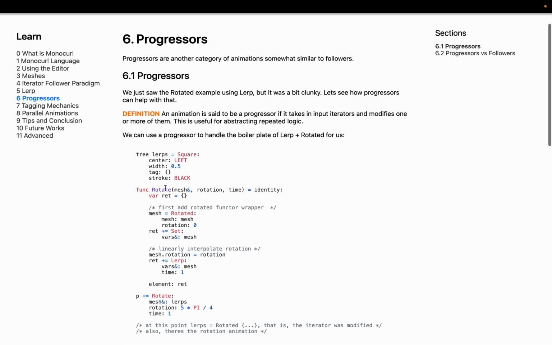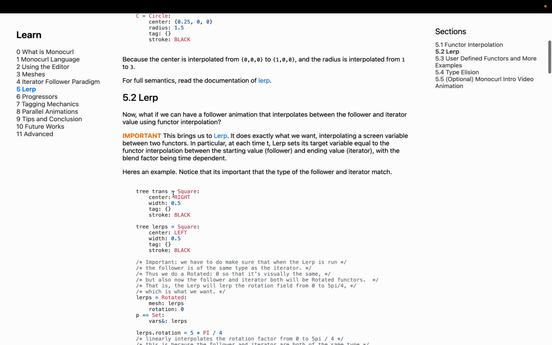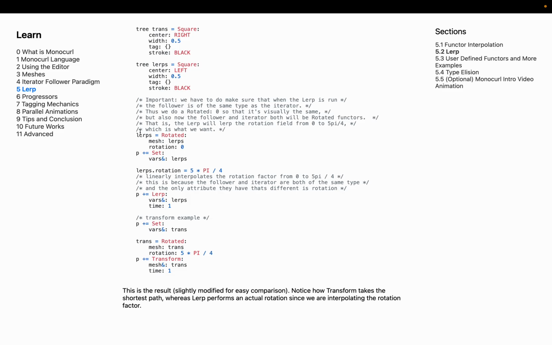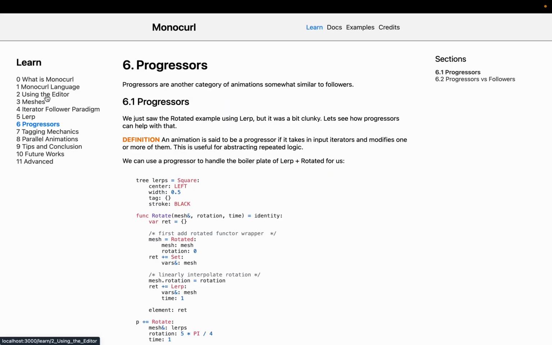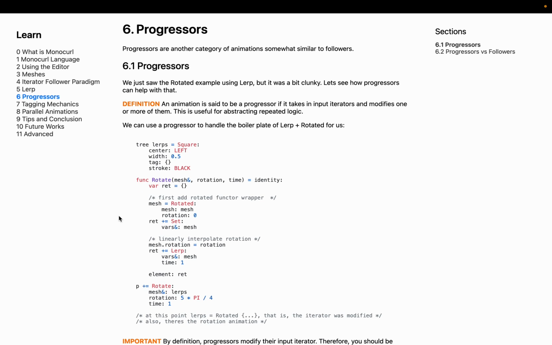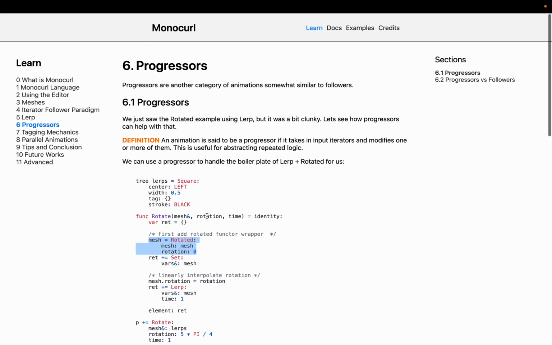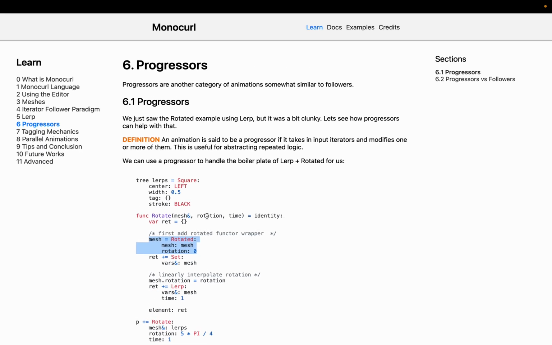Okay, so we just saw the rotated example. That was the first thing we saw in lerp. But we also noticed that it's somewhat awkward because we had to do that rotated zero, which is somewhat awkward, especially if you're doing this a lot. And a crucial idea about modern code is that we have boilerplate. I wouldn't call this complex logic, but if we have annoying logic, we want to abstract that out and not have to worry about it. So this is where progressors come in. They're similar to followers, but they do have slight